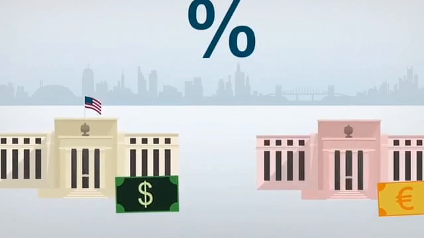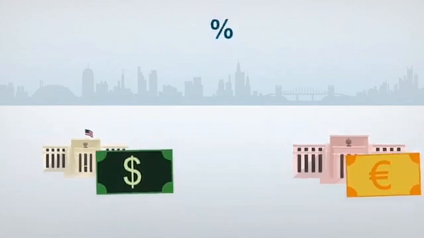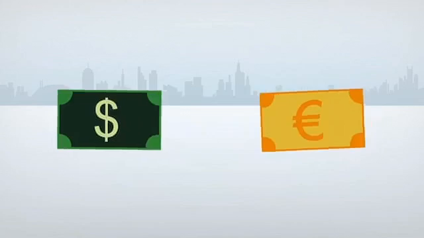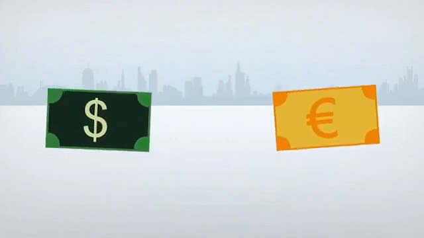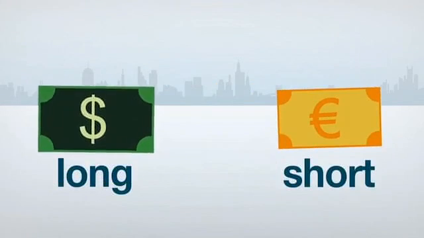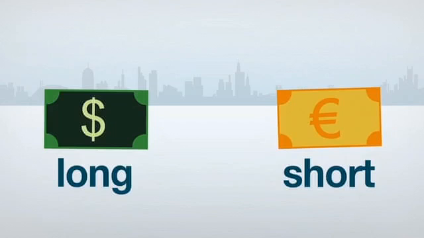Remember, when you trade a currency pair, you're trading two currencies against each other. Even though the currency pair acts like a single entity, you're technically long one currency and short the other. In terms of financing, you're lending the currency that you're long and borrowing the currency you're short. This lending and borrowing occurs at the overnight lending rate of each